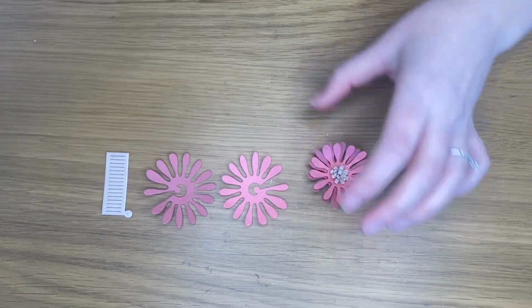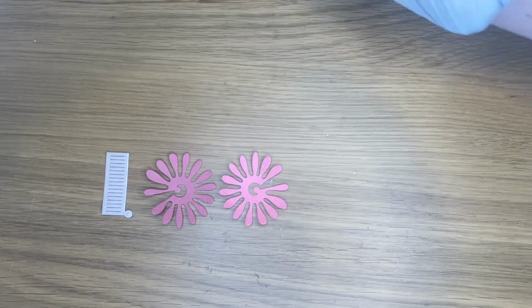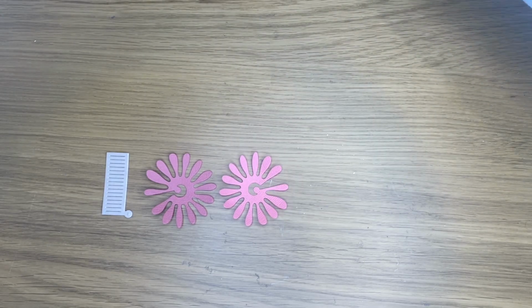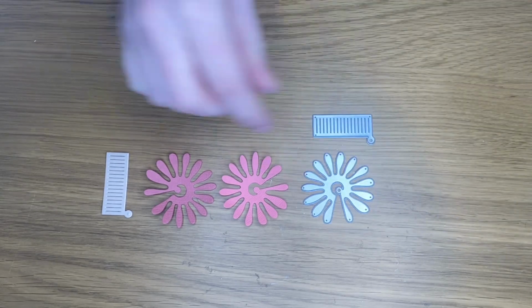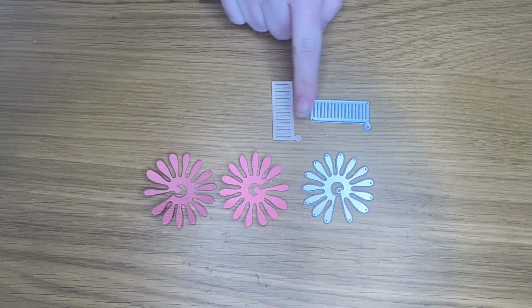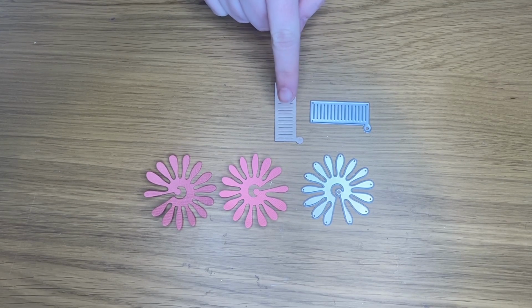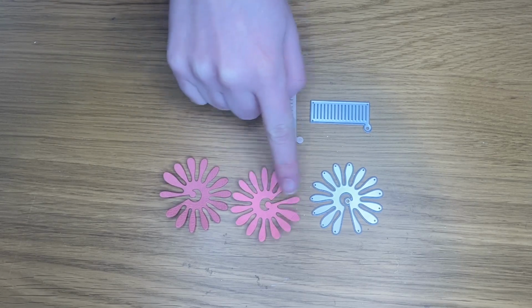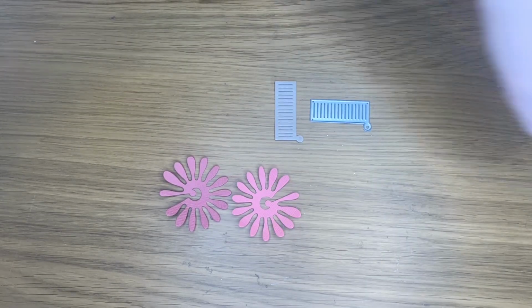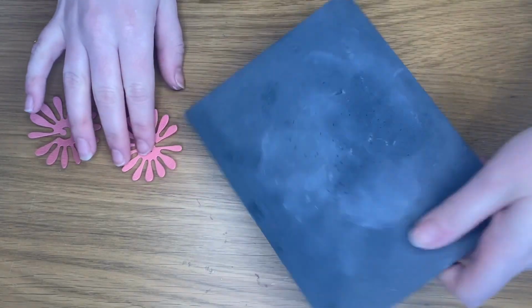So what you want to do first is cut your flowers. You're going to want to use these 2 dies. So you want your centre section, which is with some of our pearl rose gold cardstock, and then I've got the flowers with our darker and our lighter pink. Okay, and then I'm going to sculpt the flowers